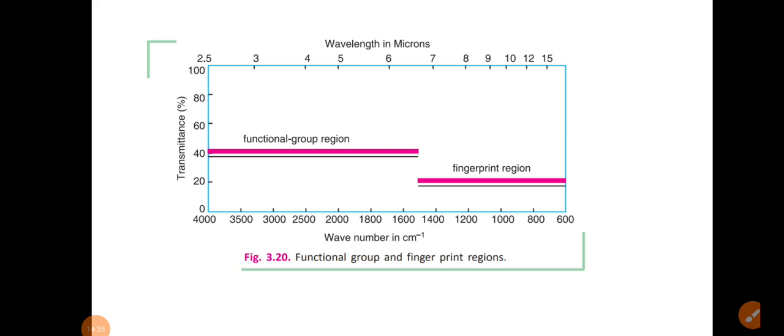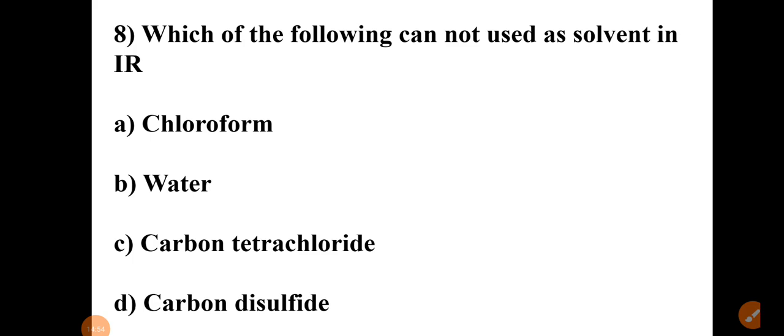And here you can see the graph of the IR spectrum, that is the wave number in centimeter inverse versus transmittance, percent transmittance. That is also a very important question: wave number versus percent transmittance. Okay, the next